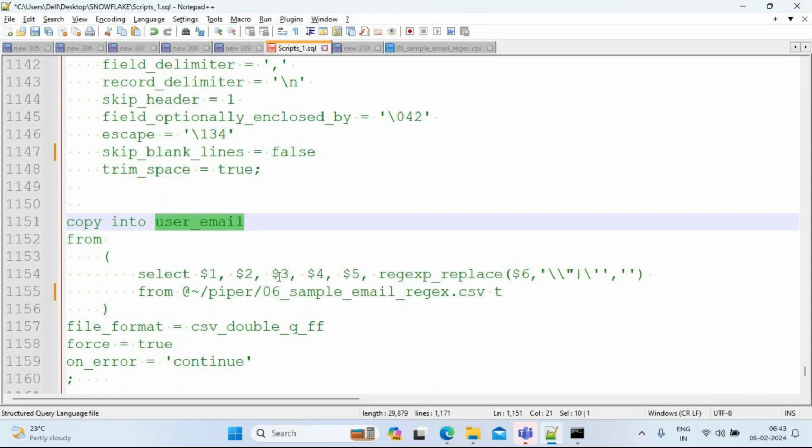See, it's actually a very simple question. The file has only 3 columns, but in the stage we have around 20 columns. So what can you do? You can choose only 3 columns and then load the data. Now, in this table we have 6 columns. That's why I'm choosing $1, $2, $3, $4, $5, and then I'm using one more